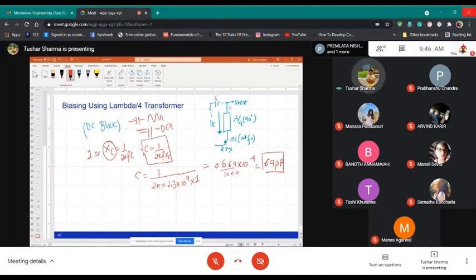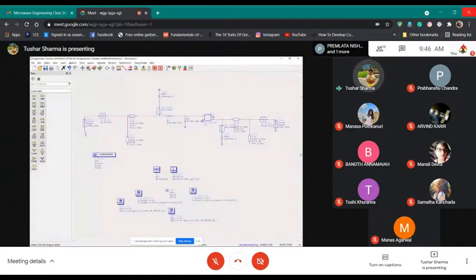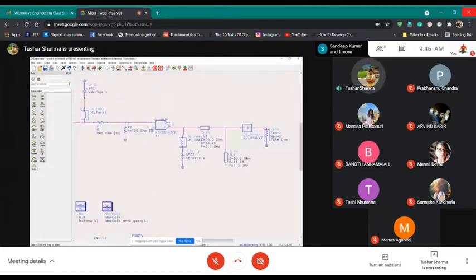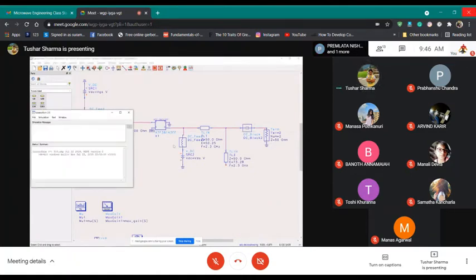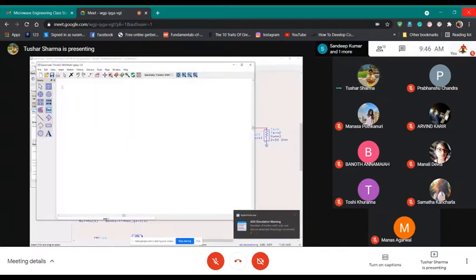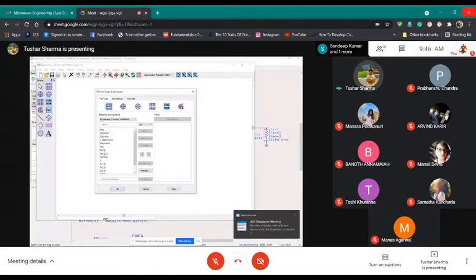So I will just put 69 picofarad here, and also in the input path where I'm using the DC block, I will change it to a value of 69 picofarads. And similarly at the output, I will use 69 picofarad. Okay, so now let's go back and try to see what exactly is happening. Let's do it step by step. So first, let's simulate and see what my max gain was. Keep a close eye on that. So my max gain is S21 in dB.